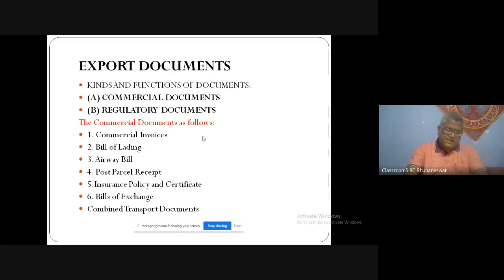The second one is offer and receipt of confirmed order. In a particular order, the name of the buyer is required, description of the goods is required, price is required, and condition of sale is required. In exporting goods, a time validity period is required, or you may call it invoice validity, and there is also an escalation clause. My dear students, listen carefully. I am stating escalation clause. Escalation clause means